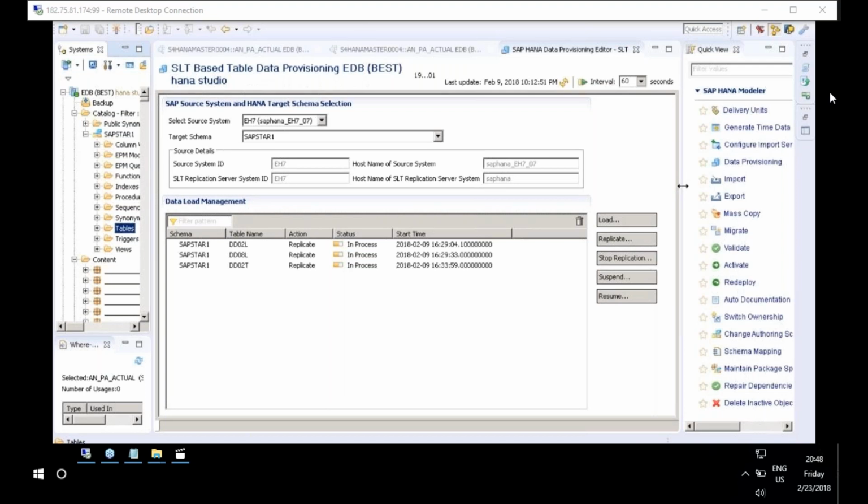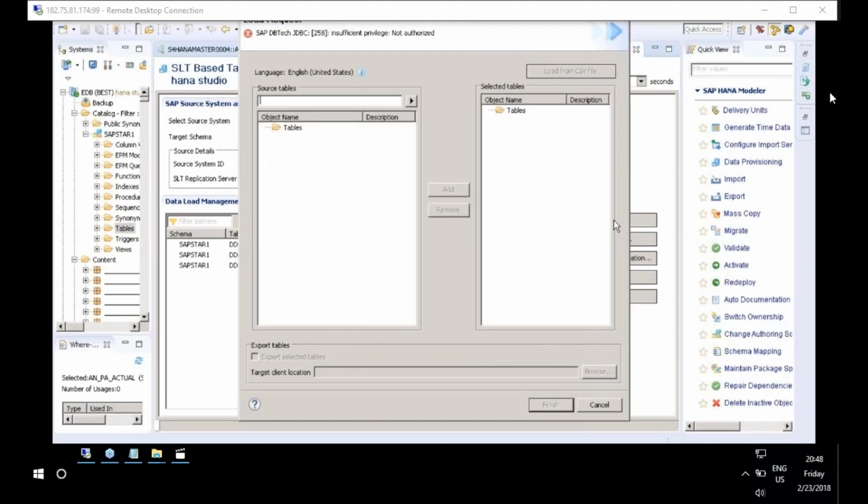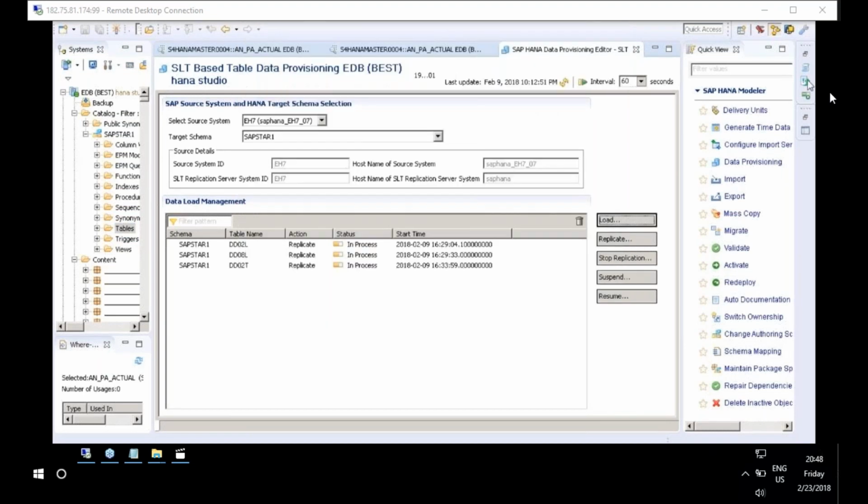I'll click on load. First of all, what is the purpose of load? Load is mainly used for non-frequently changing data scenarios. Whenever you have a scenario where data is not going to change frequently, then we are going to use the load option. Let us click on load,